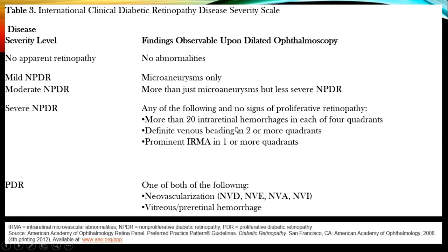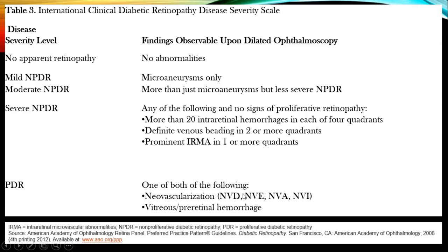So this is the 4-2-1 rule. If they have the 4-2-1 rule, either one of the three, then they fall into severe NPDR. In between mild and severe is the moderate NPDR. And then PDR, or proliferative diabetic retinopathy, is when there is one of the following: presence of retinal neovascularization, either within